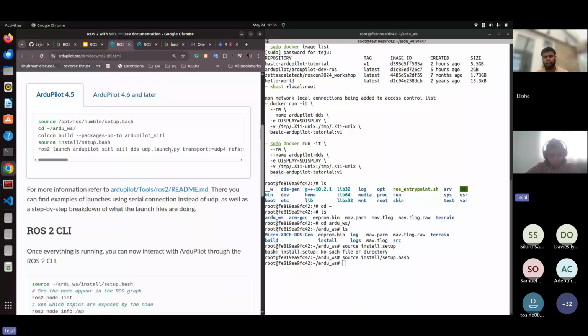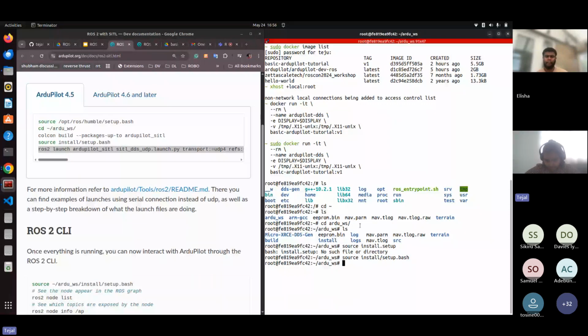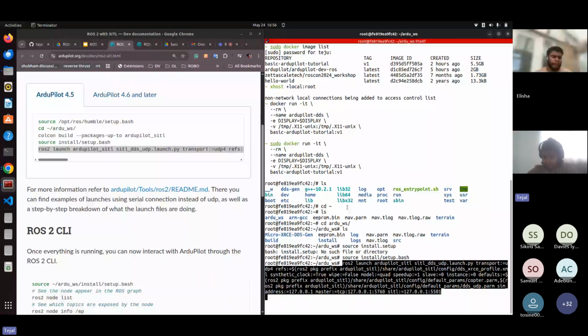So we have already sourced this particular workspace. Now we are going to run this command. If you see, this command has a lot of arguments, like UDP ports, and some configurations related to DDS as well. This basically helps us know what ports we are launching for the drone so that we can bind to it, so that our GCS knows on what port and what communication protocol we have to communicate with it,